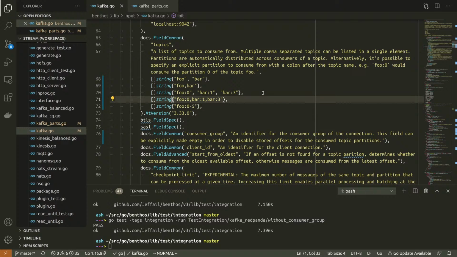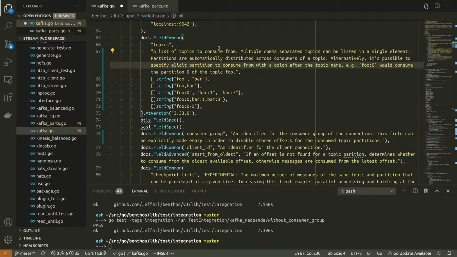Let's do that. Yeah, this is what I want to support. A list of topics to consume. On multiple comma-separated topics can be listed in a single element. Partitions are all... I should do an audio book of Benthos documentation. Partitions are automatically distributed across consumers of a topic. Alternatively, it's possible to specify an explicit partition to consume from.